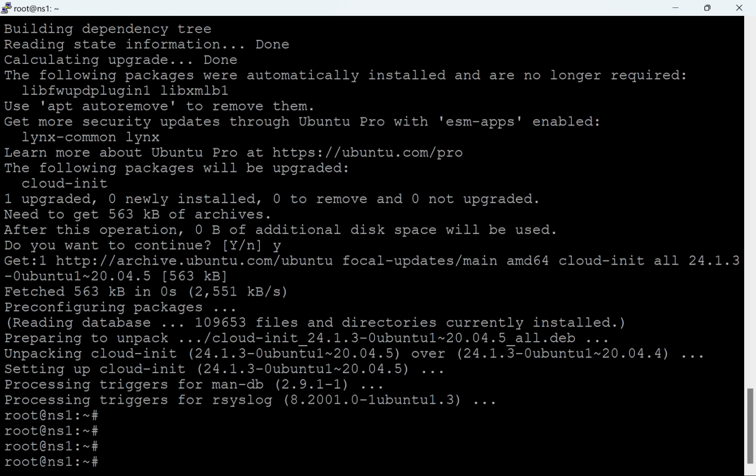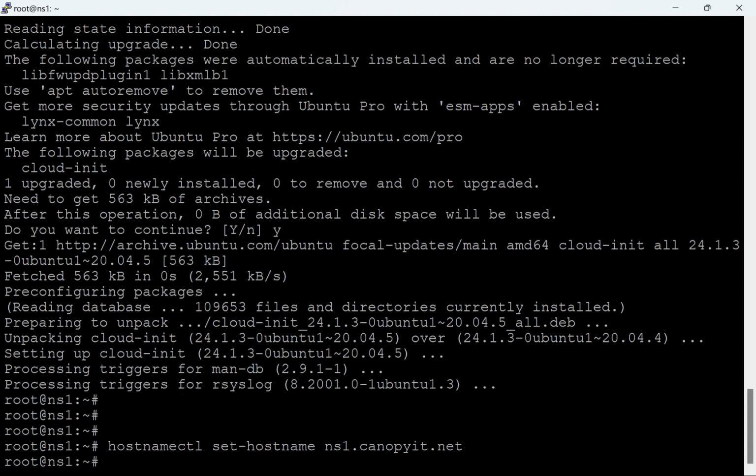Now I will configure host name of this server. hostnamectl set-hostname ns1.canopy80.net. Okay,